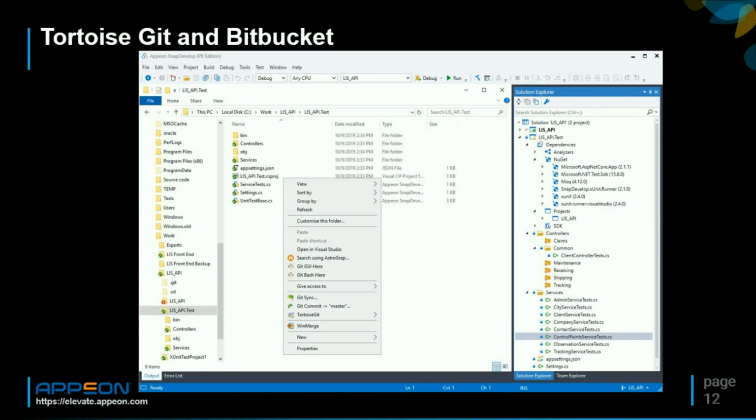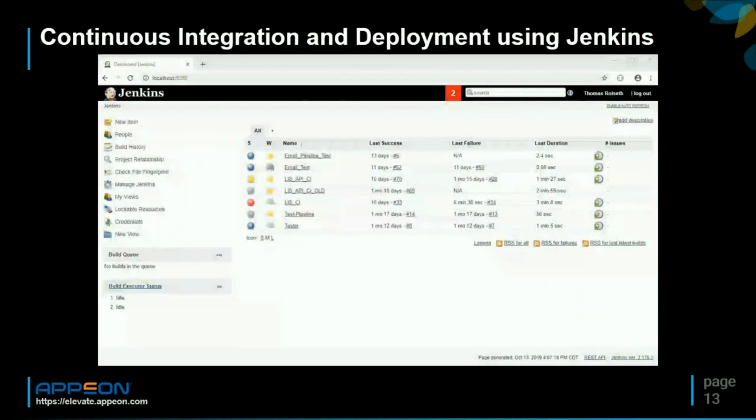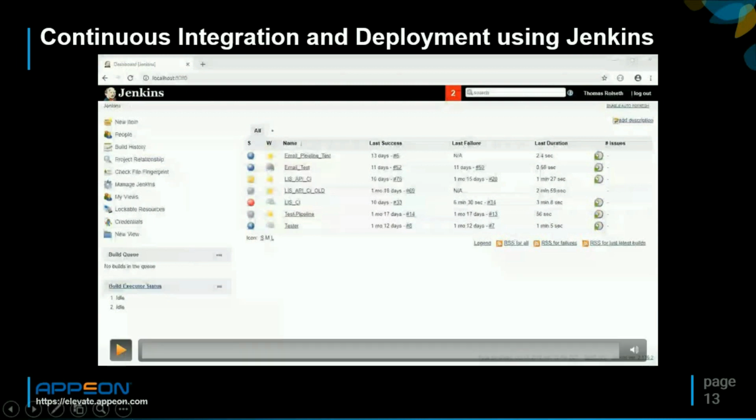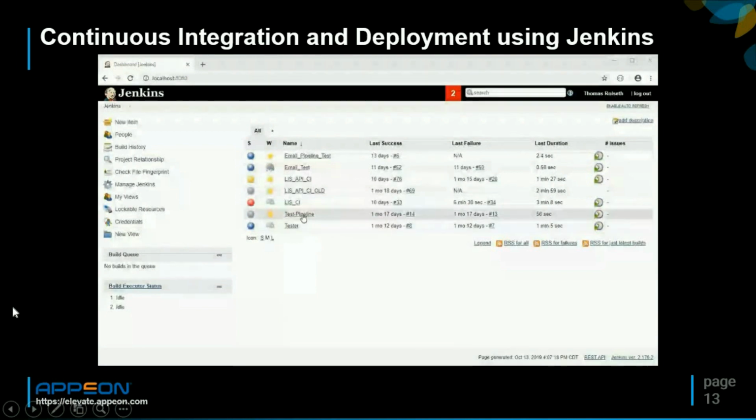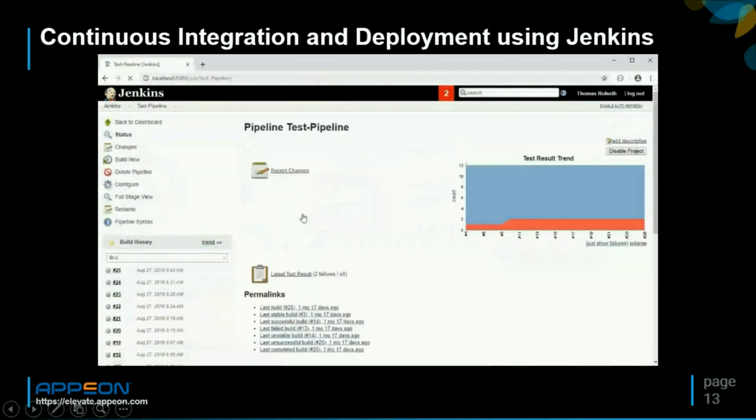We also used TortoiseGit and Bitbucket for source code control, and other modern development techniques. We also created a continuous integration and deployment environment using Jenkins. What Jenkins does is basically allow us to create automated builds from source code control. The way that works is that we created pipeline